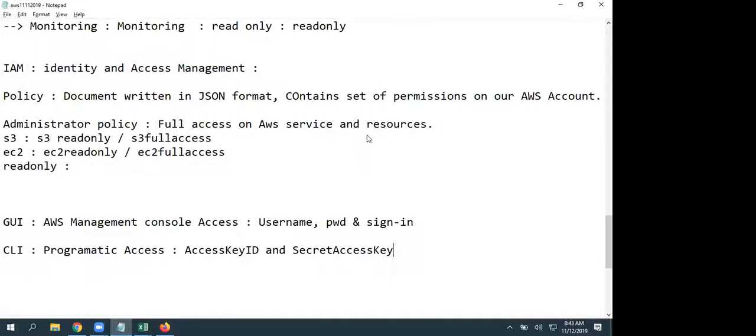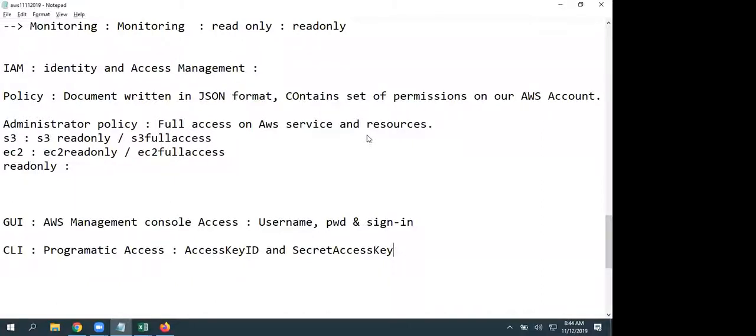So can we copy root user access to an IAM user? Root user always has the highest priority. You cannot copy all settings. If you want to manage account operations, we can. See, account management can happen only with the root user. Changing the support plan can be performed only by using the root user. Even if you give the highest level of permissions to an IAM user, he cannot perform that.